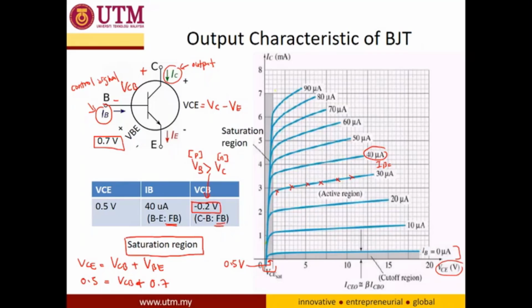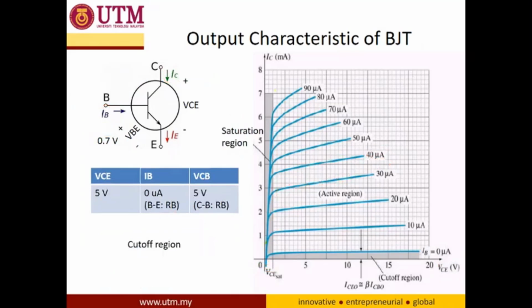So again, the saturation region is where both the base-emitter junction and the collector-base junction are in forward bias. Next, we consider where VCE is 5 volts, and IB is 0. So when IB is 0,